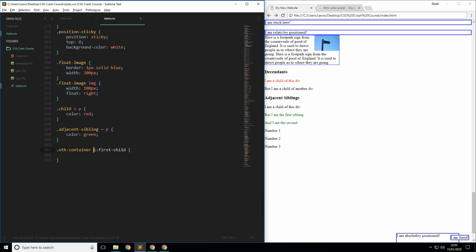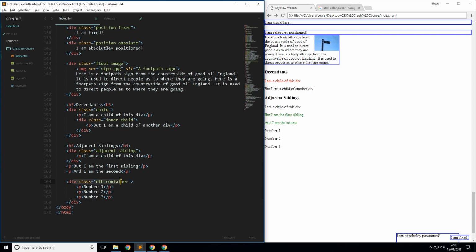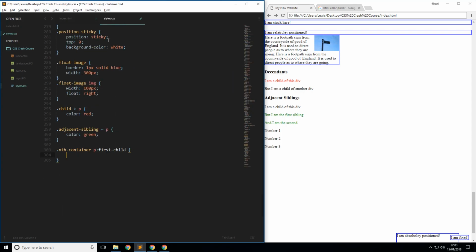It will be looking for the first P child inside of nth container. If you had dot nth container colon first child, it would look for the first nth container. Okay, so in this case we are looking through nth container here, we're looking through all these elements and we're finding the first P child here, and let's set the color to blue,